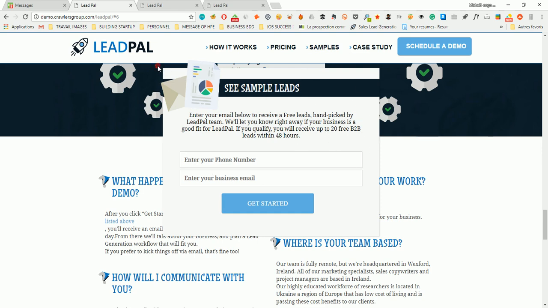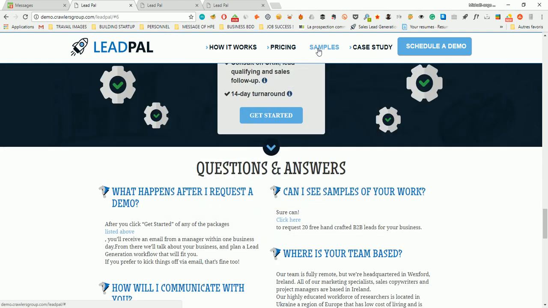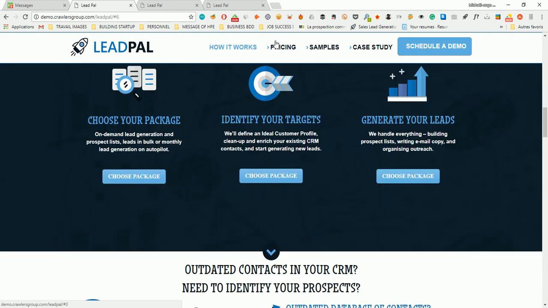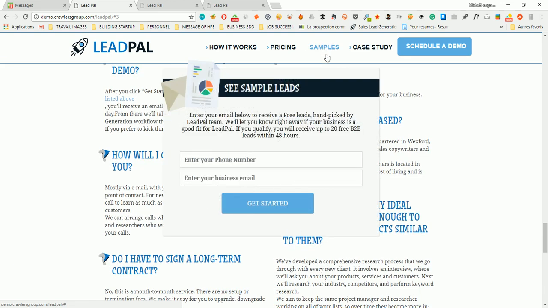exiting that opt-in form is very difficult. In fact, there is no cross to click so that I can exit, or even if I click outside of the box of the form, it doesn't close. So what I have to do is click on pricing, okay, that's cool, sample, pricing, how it works. So what I want you to do is that once the person clicks on samples, there is a cross right here